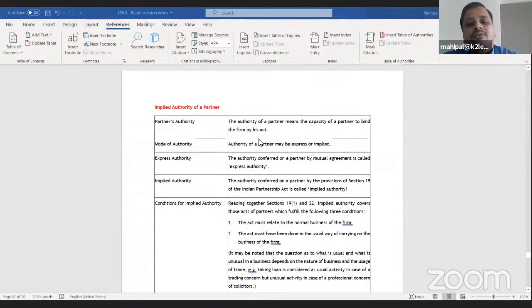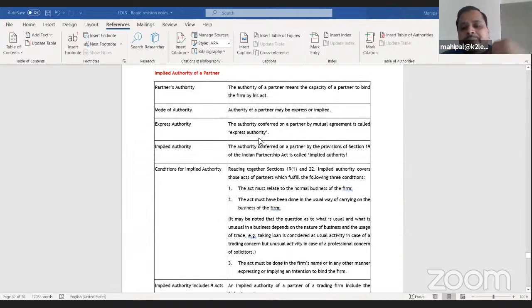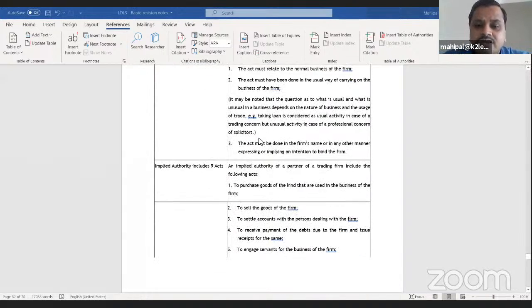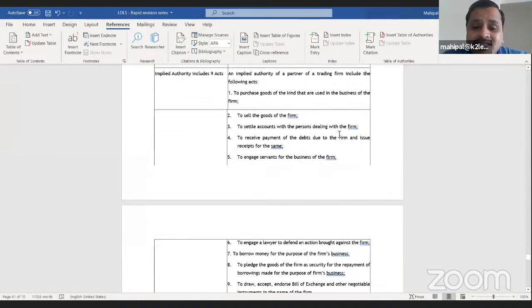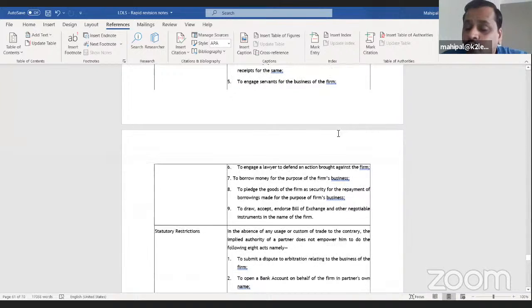Authorities. Partner's authority means the capacity to bind the firm by his acts. Implied authorities include to purchase goods of kind that are used in the business, to purchase goods of kind which are in the due course of the business, to sell goods of the firm, to settle accounts with the person dealing with the firm, to receive payments and issue a receipt, to engage servants, to engage lawyers, to borrow money for the purpose